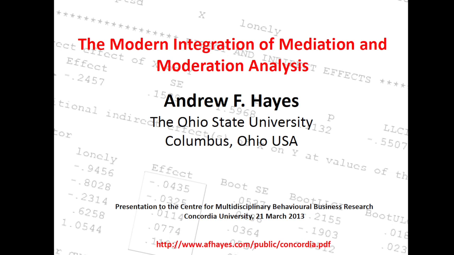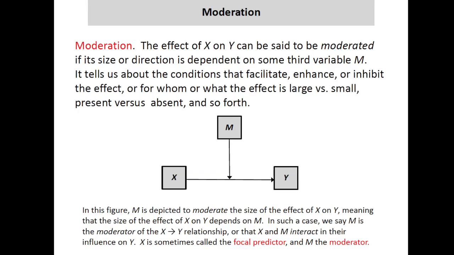I don't want you to feel like you're being cheated. It's there. You can see it. You can download it. It's simply my webpage, which is easy enough, /public, and then /concordia.pdf. That should download if you point your browser or your iPad or whatever to it right now. So I'm going to skip this for now. We can come back to it if you want to later, because I want to get into moderation.